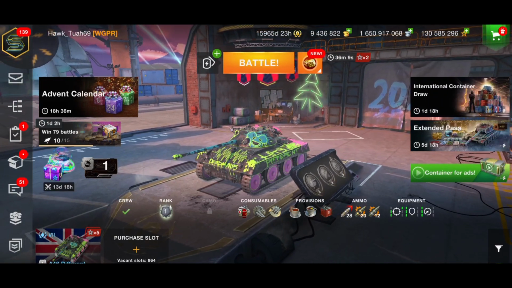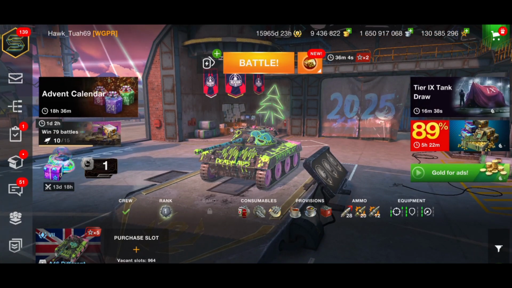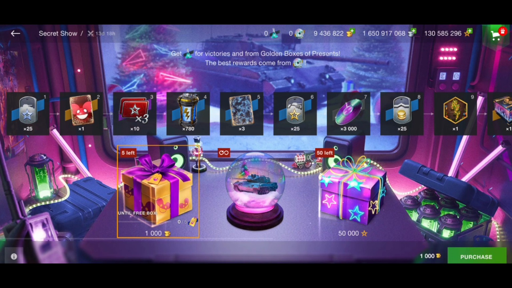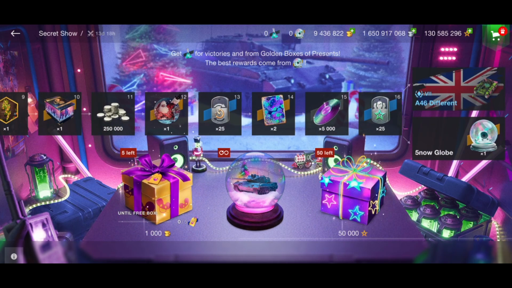And again, we are back with another snow globe tank. This time we are looking at the A46 Different. Now, again, there is only one way you can currently get this tank, and that is if you do the snow globe event, go all the way to the end, and then choose the A46 Different rather than the snow globe. Now, again, like I said in yesterday's video, I personally would choose the snow globe over the A46 Different,